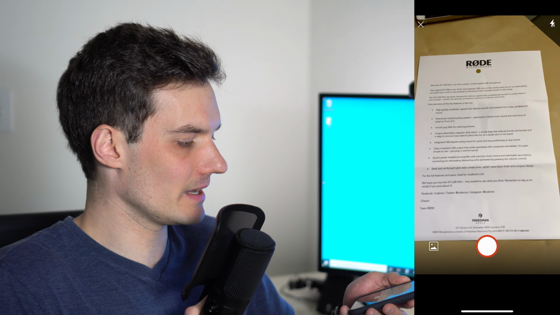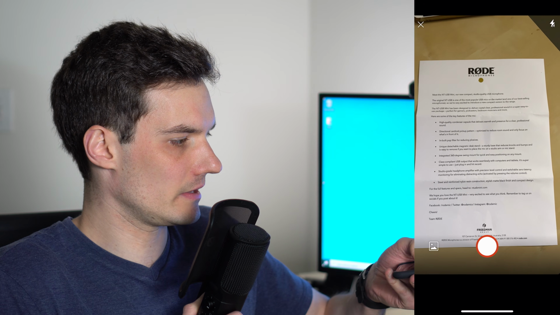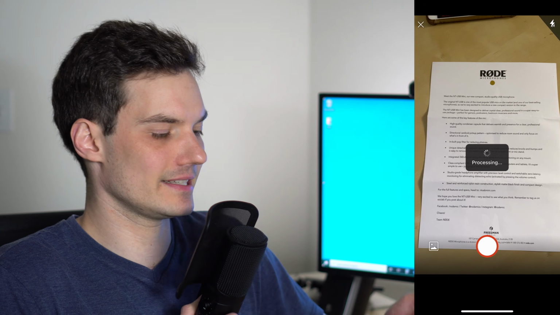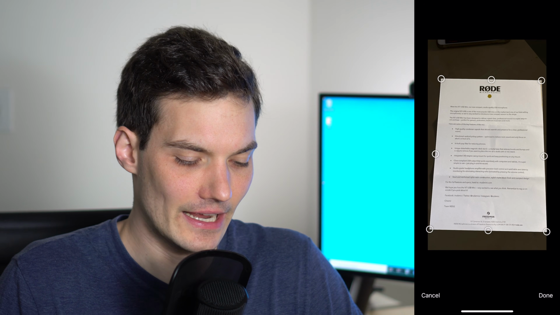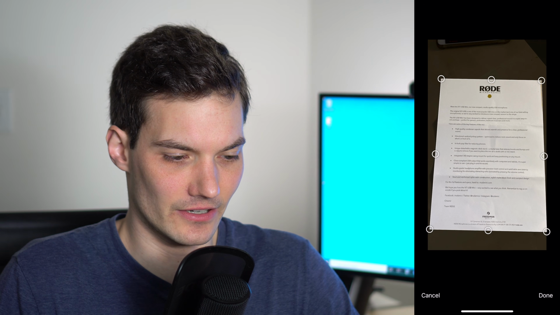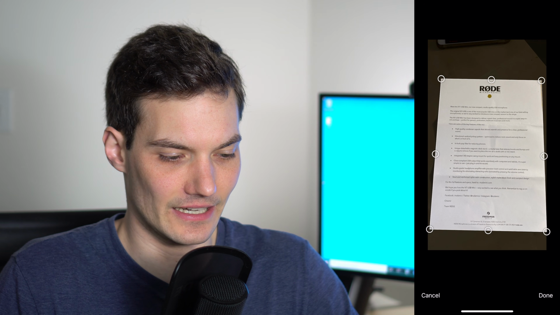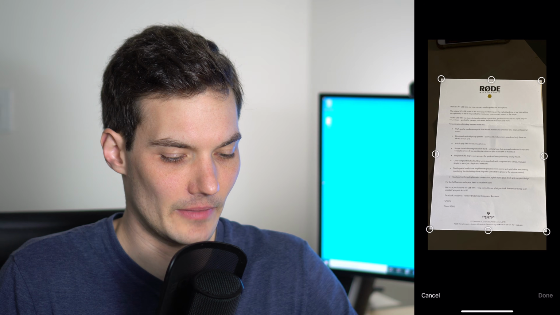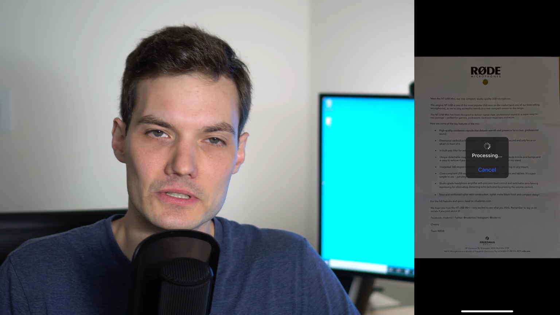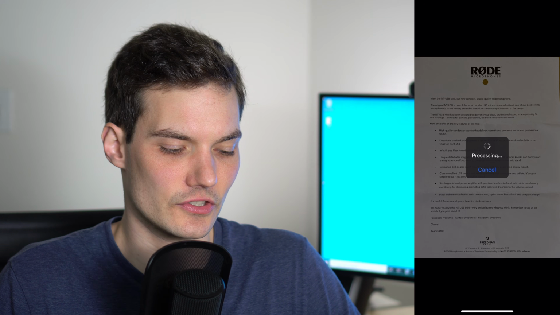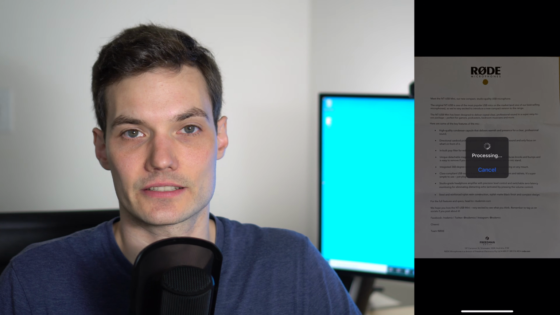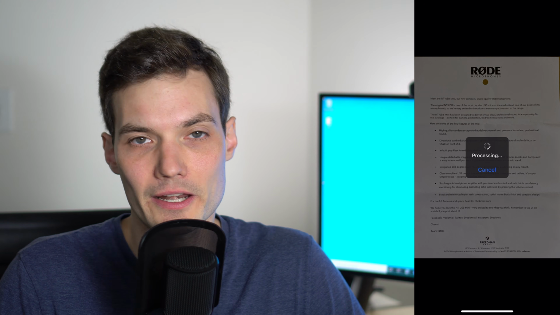And here's my phone, and I have this document that I got in the mail a little while back. So I'm just going to go ahead, raise my phone over, and click the photo button. So I'm going to take a picture of this document. And now this is where the magic happens. Here, the Office app has identified this as being a document. I'm going to go ahead and click on Done. And now it's processing the image. What it's doing is extracting the text from the photo. And now we just have to wait a moment.